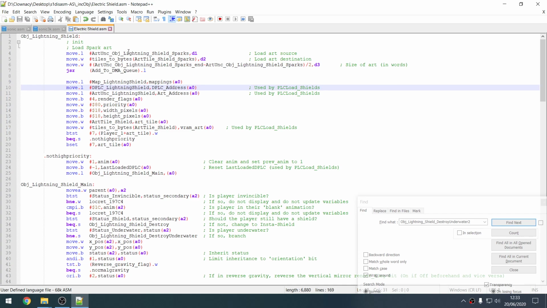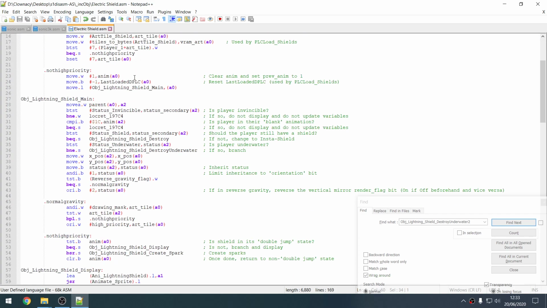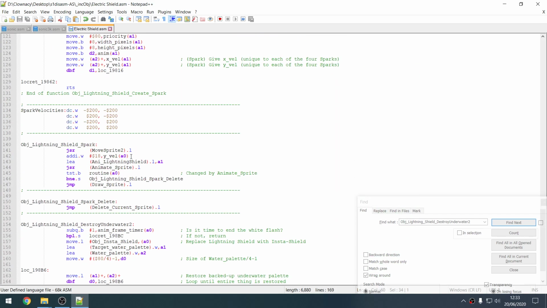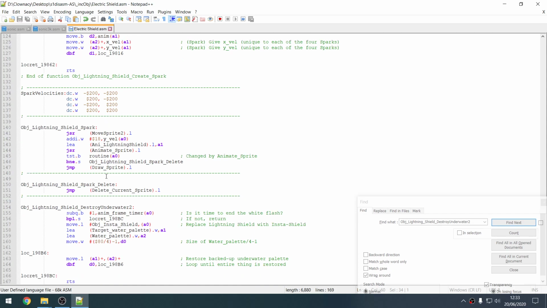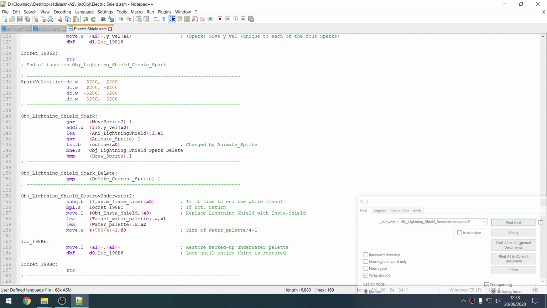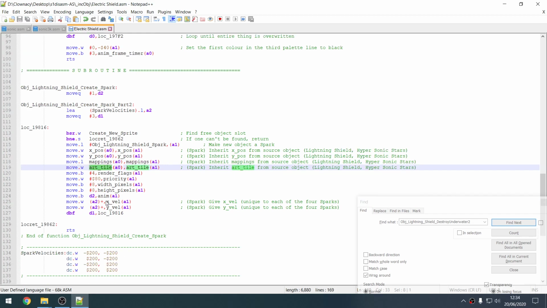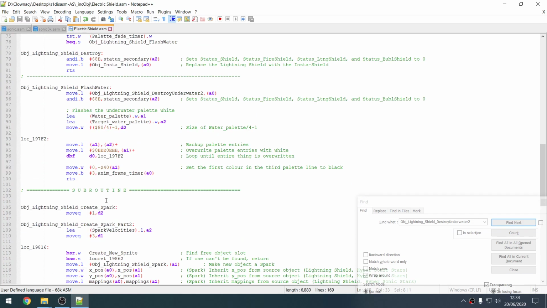Maybe we'll just work from top to bottom. Or maybe we won't. I don't know. Let's just double check. Do the sparks have their own mappings? I mean, they must, right? No, they don't. They share mappings with the electric shield. And they share an art tile? Oh. Okay, that's